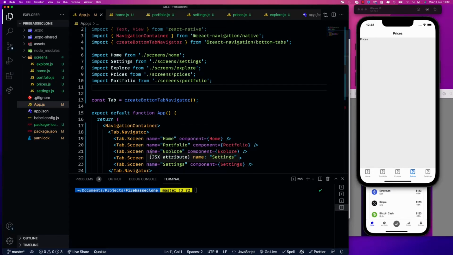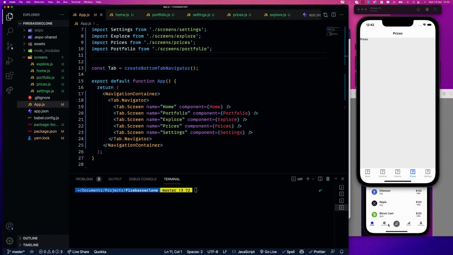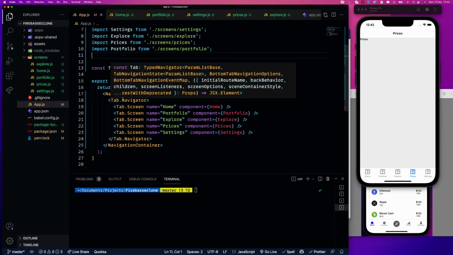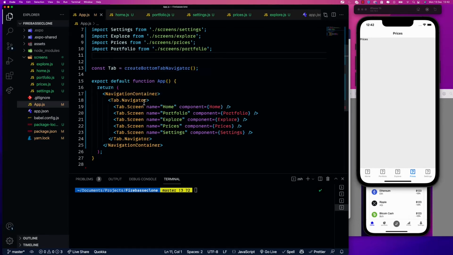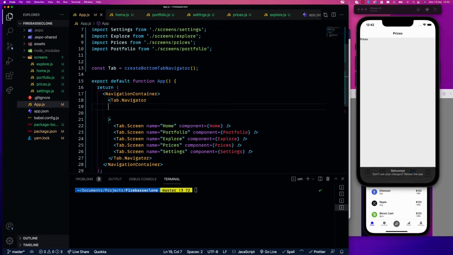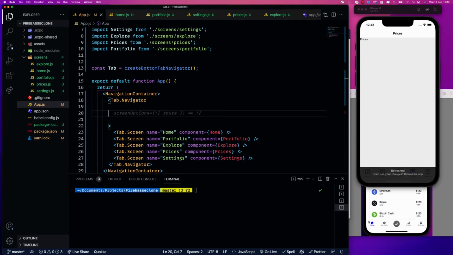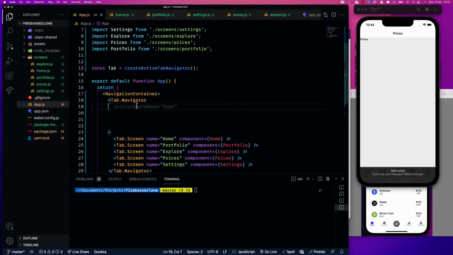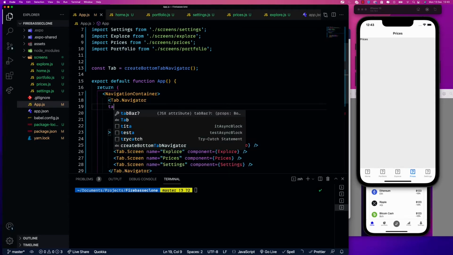Okay, so our bottom tab navigator is gonna have custom icons, and all the icons need to be custom basically. So what I will do, I will need to go inside the tab navigator inside here, and then as you can see in the original, there is like a border, and then there is like a radius here. This is custom navigation, so we're gonna have to customize that. On the tab navigator, we're gonna say tab bar